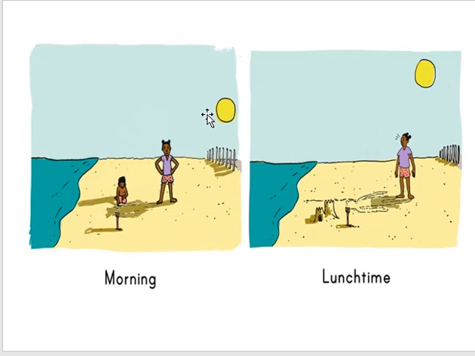Now can you see in the morning, and this is in the evening? Okay, we have in the morning and we have here. Now look at the position of the sun. It is slanting. Here, it is directly above her head. So when we have the sun directly above your head in the afternoon, you have a short shadow, a shorter one. But in the morning or in the evening, you have a longer one. Why? Because the sun rays are slanting.